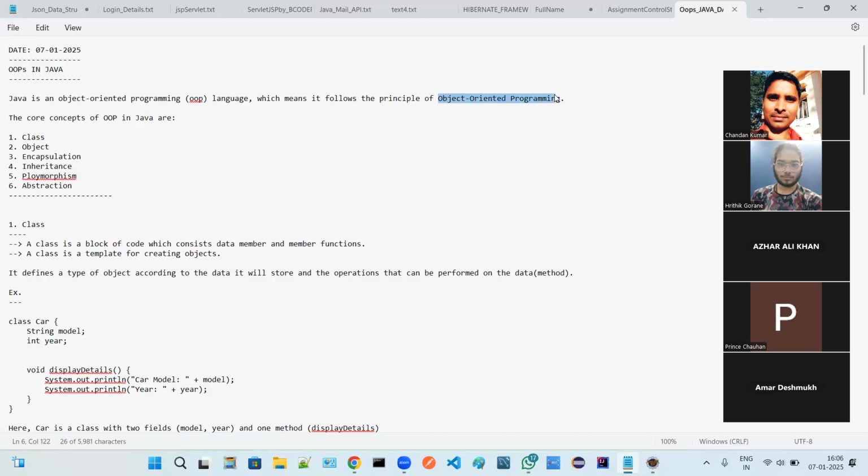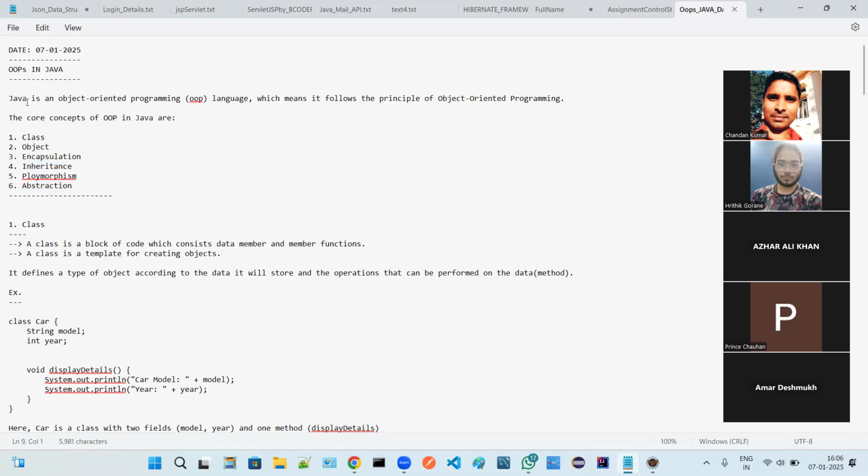A programming language is said to be object oriented if it follows the object oriented programming principles, and the principles are: class, object, encapsulation, inheritance, polymorphism, and abstraction. If that language is following these principles, that language is nothing but an object oriented programming language.